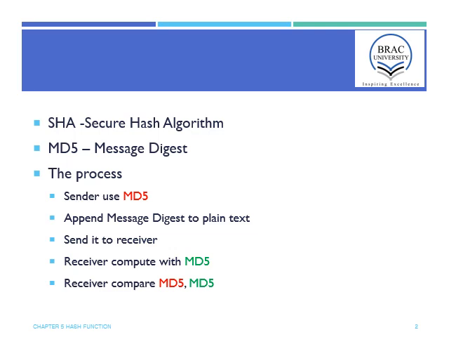So the process is: the sender uses MD5 on the text and appends the message digest, or MD, with the plain text. Send it to the receiver. Then what does the receiver do? The receiver computes with MD5, and